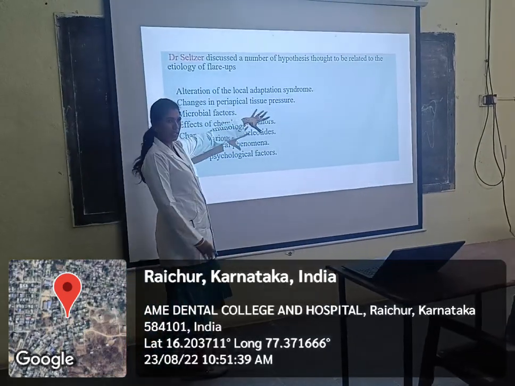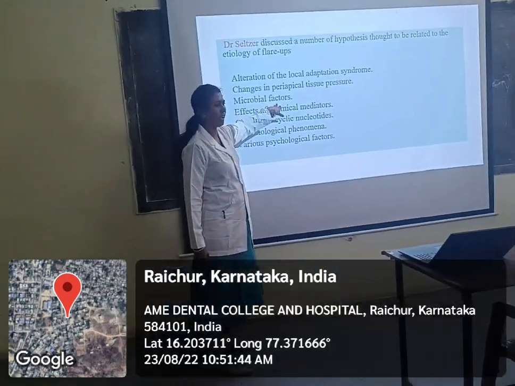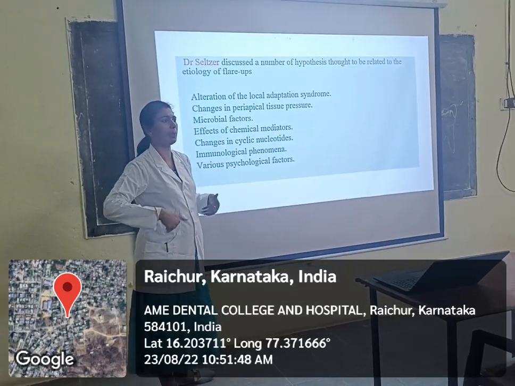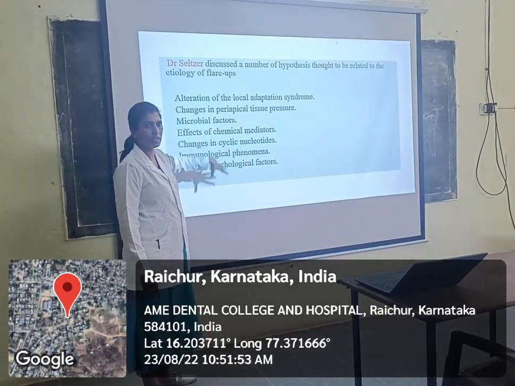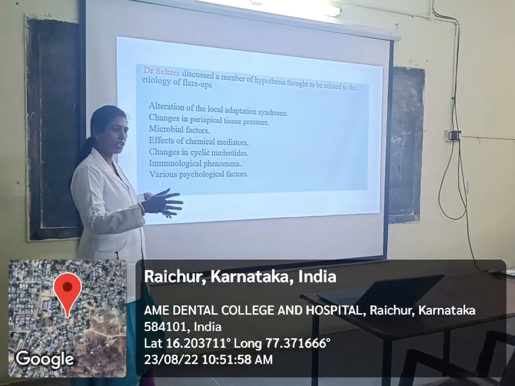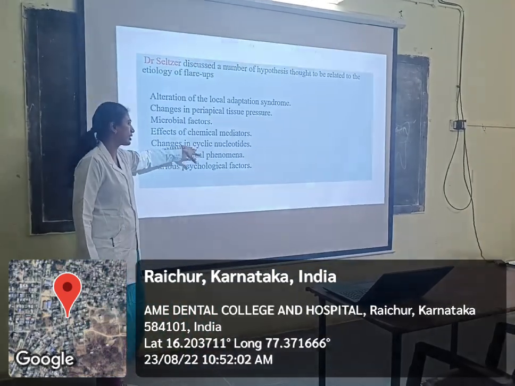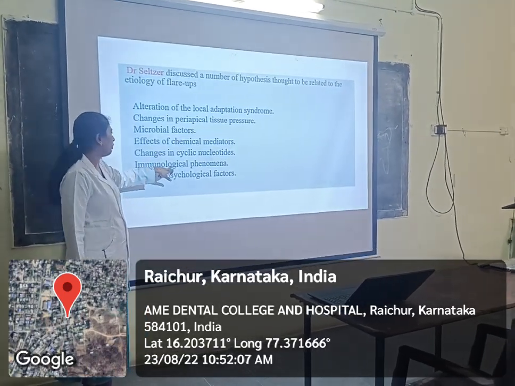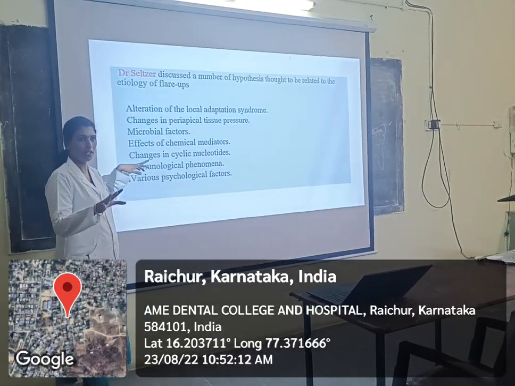Okay, changes in the periapical tissue pressure, we will go through briefly. Okay, and microbial factors. Within the canal there will be some species of bacteria, and within the periapical region there will also be bacteria. Effects of chemical mediators. Because of the inflammation, the chemical mediators become active in that area, resulting in inflammation and release of exudate and water. Okay. Changes in the cyclic nucleotides. Again, these are the secondary mediators for the hormones being acted on. Okay. And immunological phenomenon. Immunological phenomenon also acts over there. Okay. The patient is strong enough to